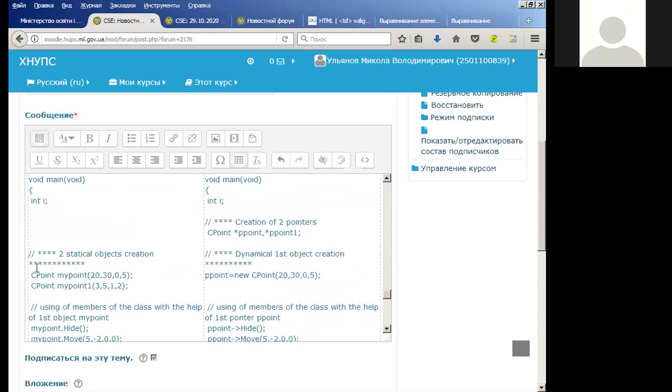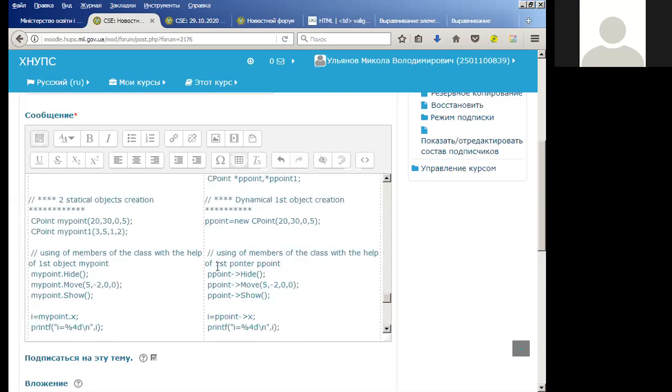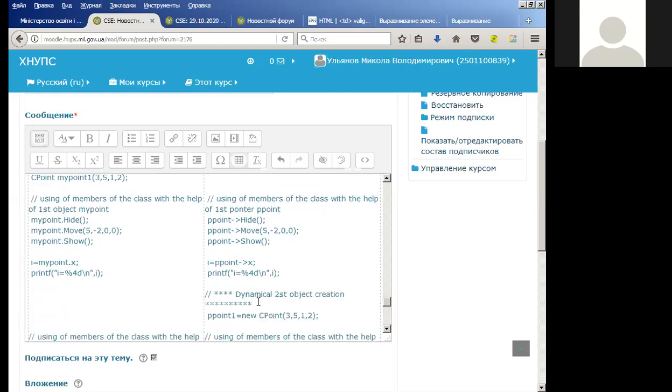So here we create two objects in the very beginning, but here we create only one object. So after using, yes, it is possible to delete this memory, to clear and to create another piece of memory. Okay, anyway,